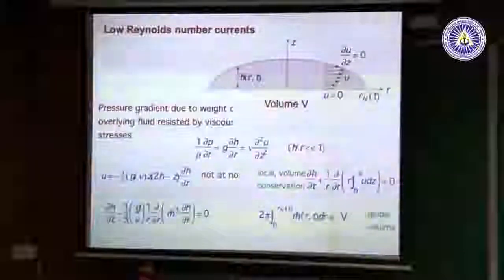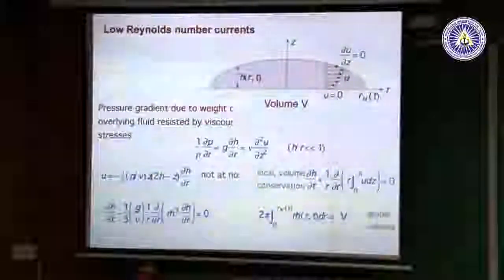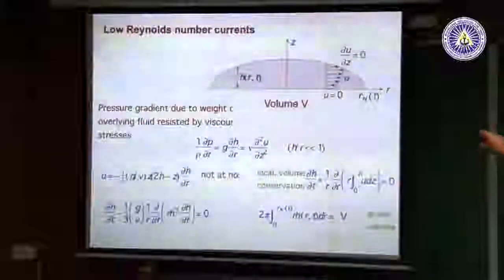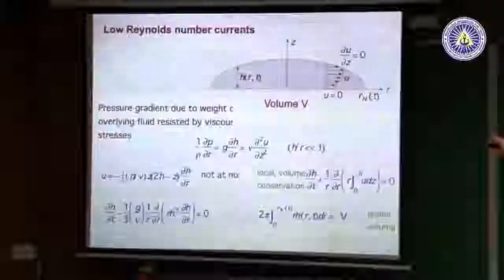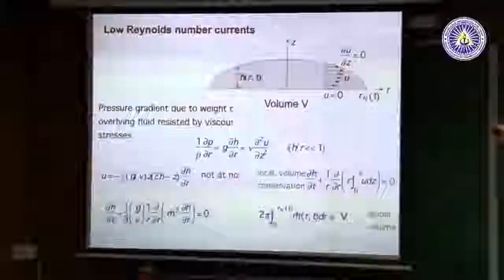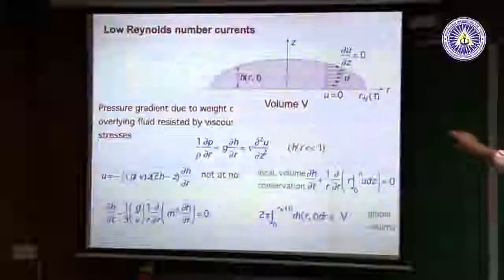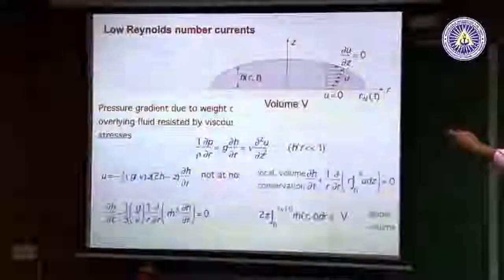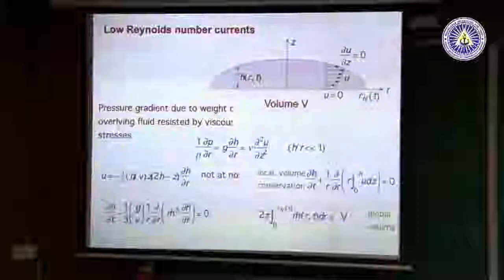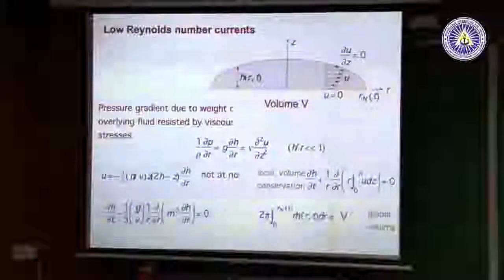We'll start with a low Reynolds number current, which we had here, and I'm going to do this again in the actual workshop. Everything is axisymmetric here. We have a blob that spreads. It has a 0 velocity because of the no slip condition at the base, 0 shear, because we'll imagine there's air here, 0 shear at the top. There's an unknown free surface. We want to know how h varies with time and with radius. And there's a constant volume v. And what we want to really know is how rapidly it spreads, so what Rn is as a function of time.